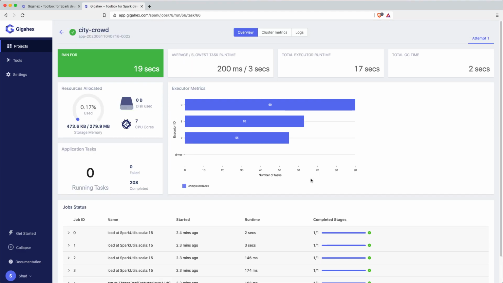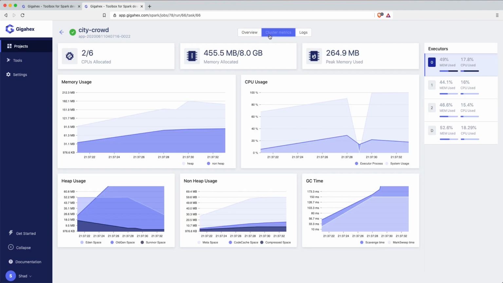Hopefully this would have given you some idea of how to approach the problem of performance. In the next video, I'll talk more about the memory management of Spark and how Gigahex can help you to allocate the right memory for your